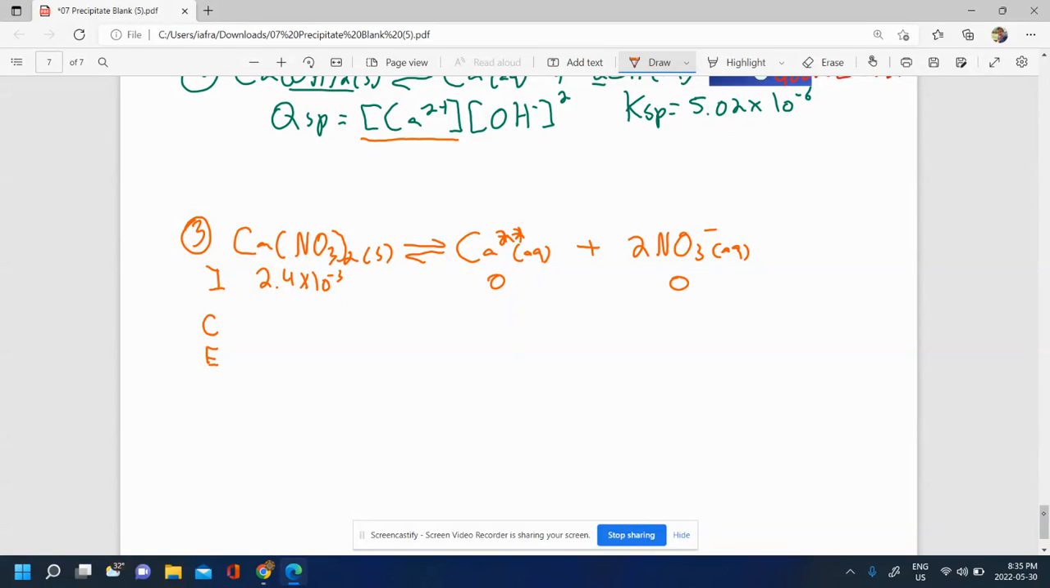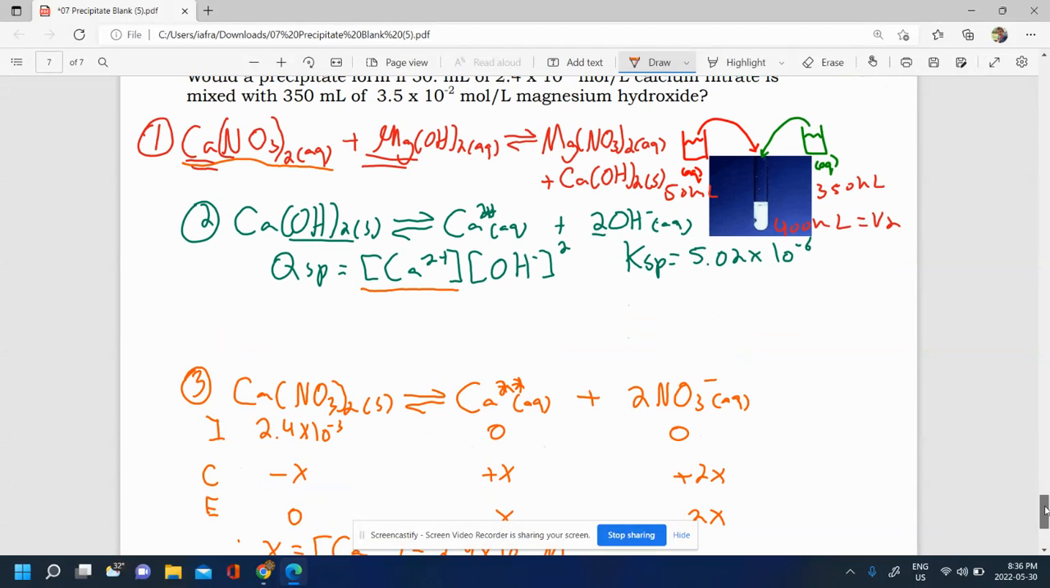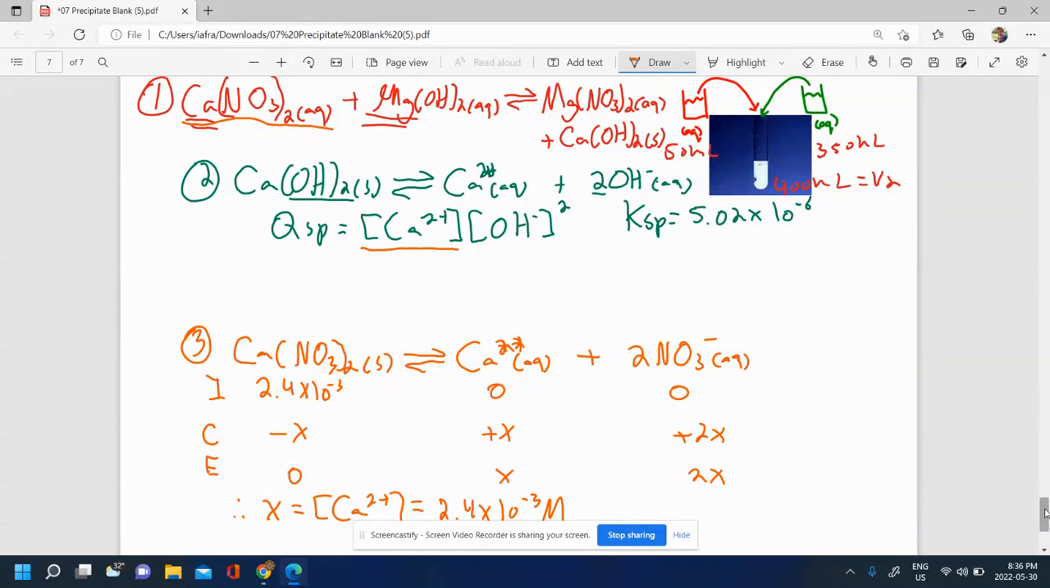We know this is 0 before dissolving. After dissolving, this is minus x. This is plus x. This is plus 2x. This is x. This is 2x. And this is 0. And so what we know is that our x, which is the concentration of our calcium, that's what we care about. We don't care about the nitrate since that's not in our precipitate. It is going to be 2.4 times 10 to the power of negative 3. But remember, that's the molarity in the initial volume before mixing, 50 mL. So we need to find this in